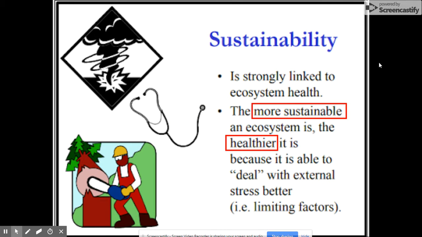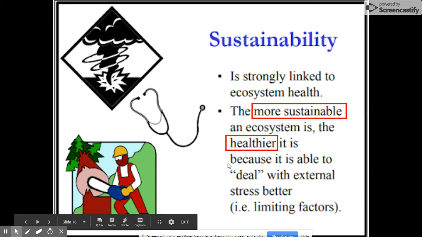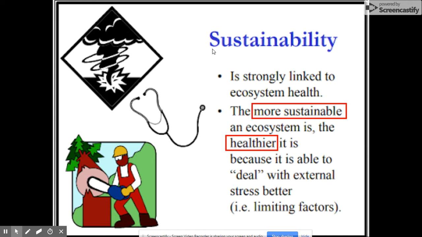All right, sustainability continued is strongly linked to ecosystem health. The more sustainable an ecosystem is, the healthier it is because it's able to deal with external stress. Okay, so the man here cutting down the trees. Well, we know that a lot of times in the past, forests and stuff have been torn down. What happens to those organisms? They have to move, they have to migrate. For example,